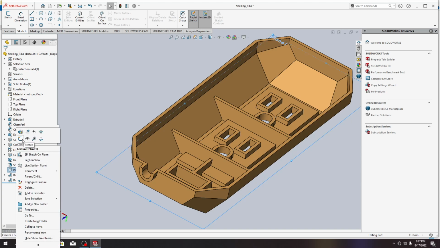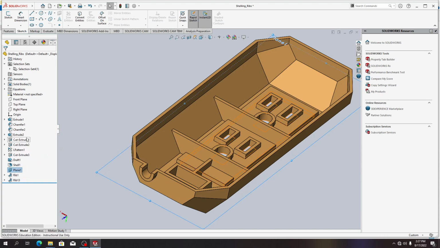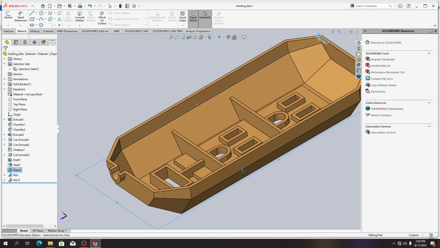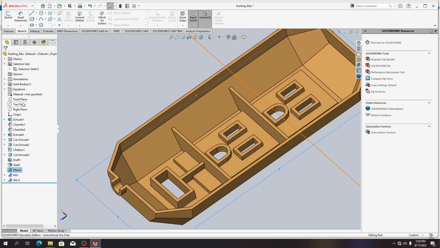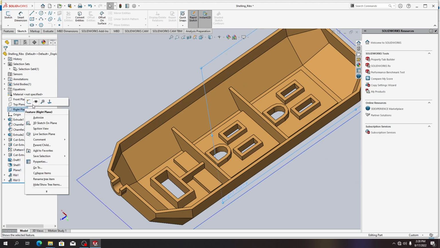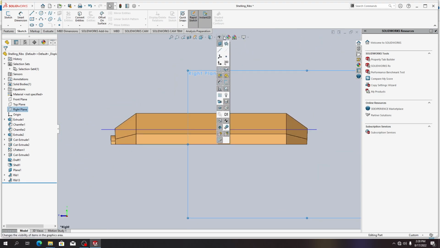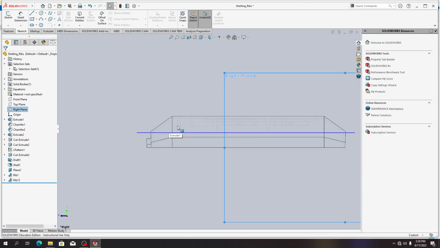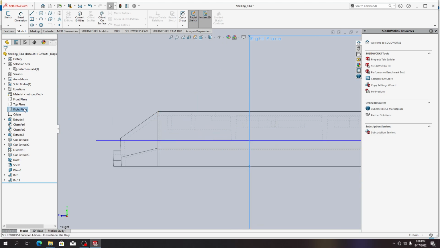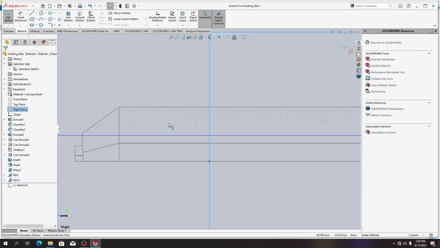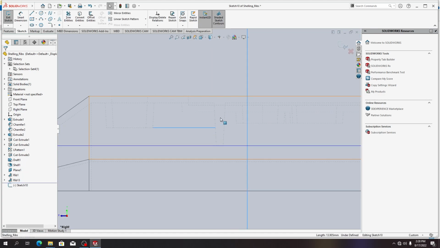Ito. Try natin dito. And sa right plane pala yun. Palitan lang natin yung view, hidden lens ulit, and then sketch tayo sa right plane, then we select this one, yan yung rib kanina, di ba? Then we convert entity,